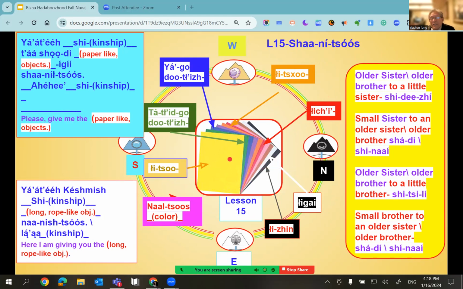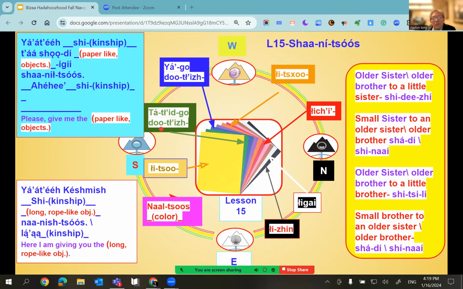So what I did is I said, let's practice the colors. Shaaníłtsoos means paper. That's the name for paper. And then the color. So what we're saying is the yellow paper, Shaaníłtsoos. In our commands, we'll say iki. Okay, right there, iki.